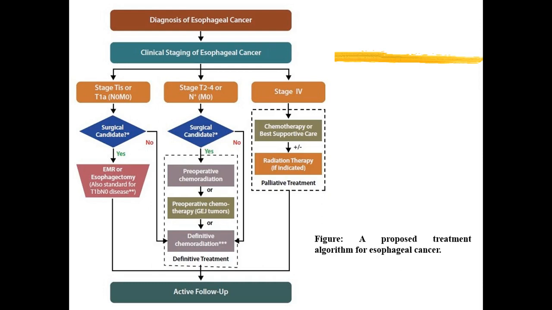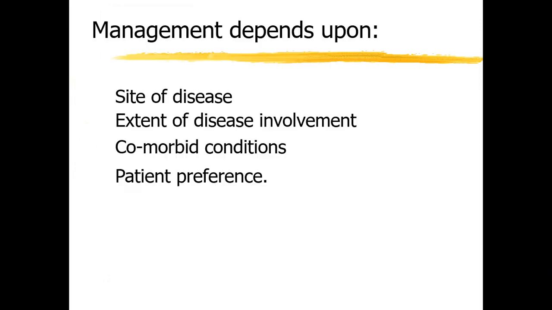In early stage cancers, you can offer patients upfront surgery followed by chemoradiotherapy after biopsy, and in stage 2 and stage 3 you can give neoadjuvant chemotherapy followed by surgery, but in stage 4 it is only palliative treatment, that is chemotherapy or radiotherapy, which you can give just for supportive care. Otherwise you have to put in stents or do a feeding gastrostomy or feeding jejunostomy.